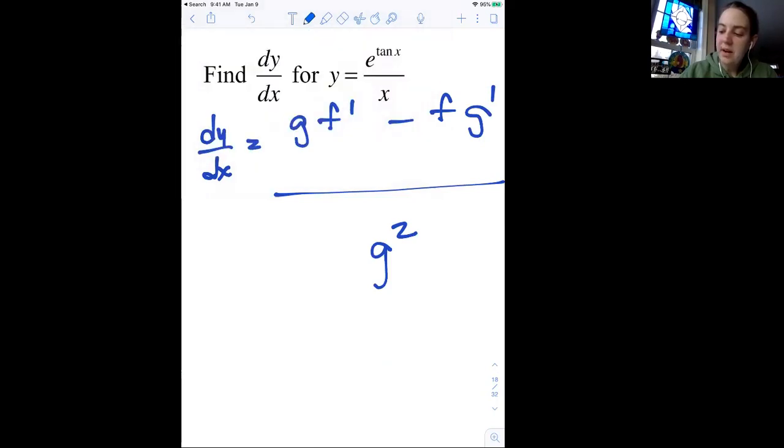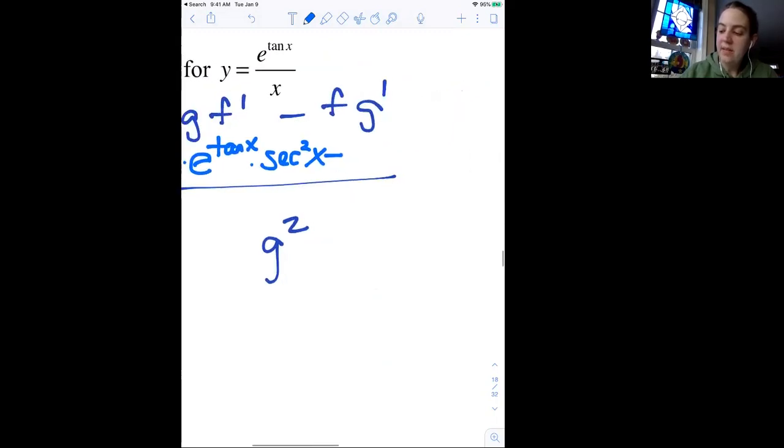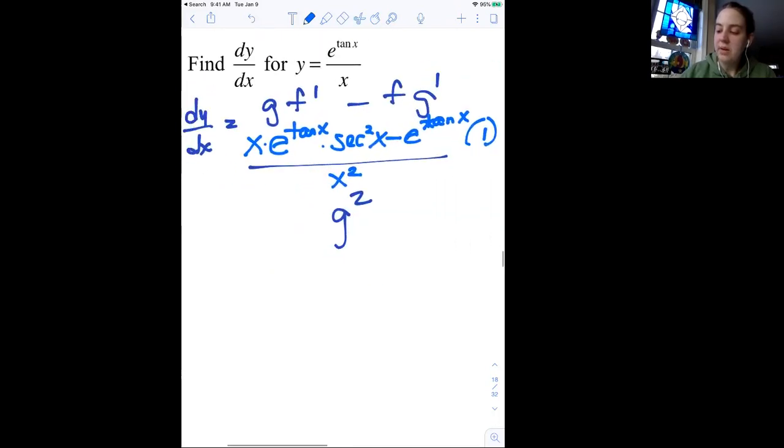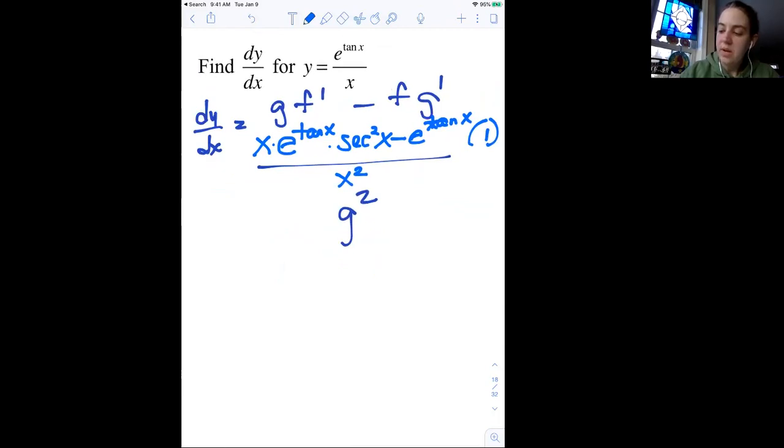G is the denominator, x. F prime is the derivative of the numerator, so this is going to start to look a little crazy. So it's e tangent x times the derivative of the exponent, which is secant squared, minus f, which is e to the x, tangent x. And g prime is the derivative of the bottom, which is 1, all over g squared, which is x squared. Goodness, that's a lot going on. So dy dx,